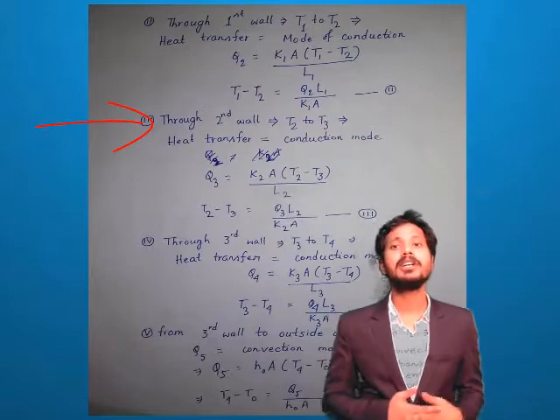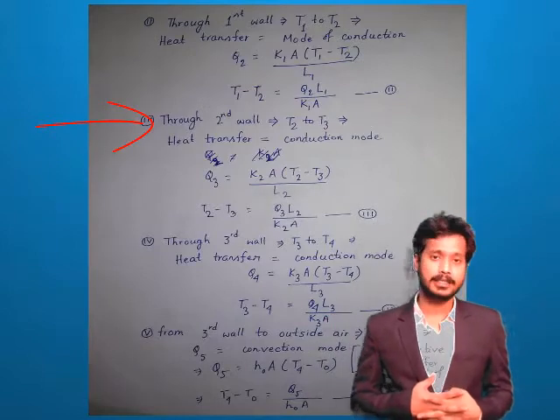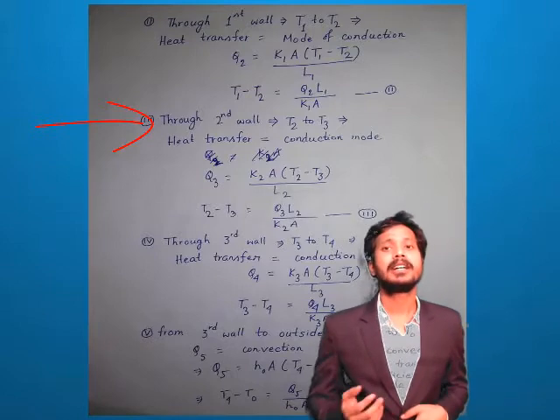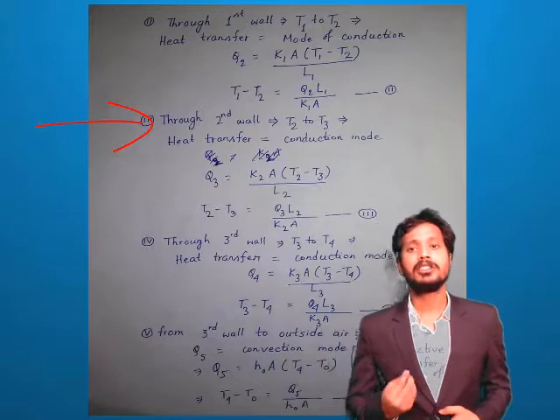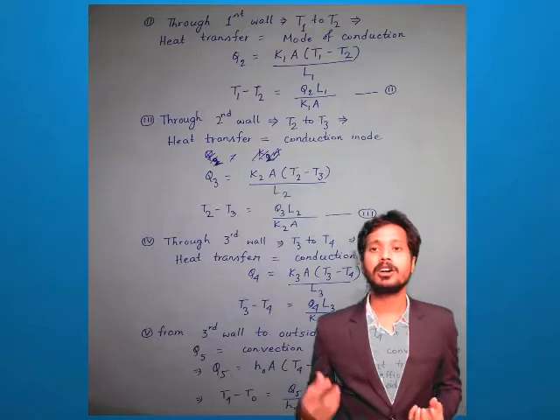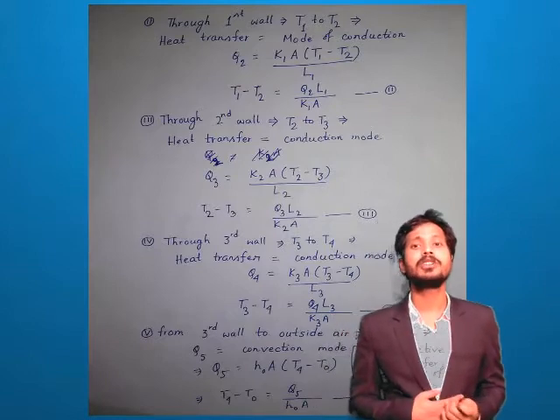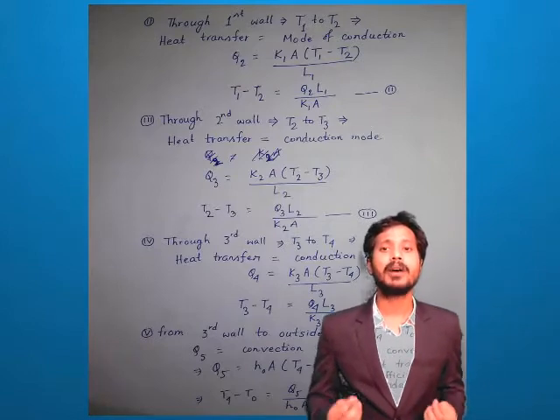Now you tell me, what is the mode of heat transfer? Yes, it is conduction mode. So in conduction mode, the heat will be transferred, and I know Fourier's law of heat conduction. Now you tell me, is this a slab, cylinder or sphere? Yes, it is a slab. So for a slab, the formula is Q equals K into A, T1 minus T2 by